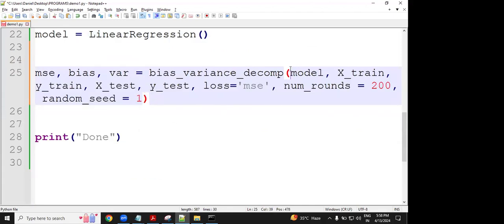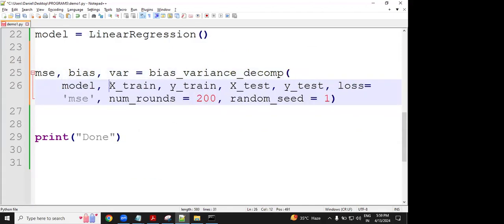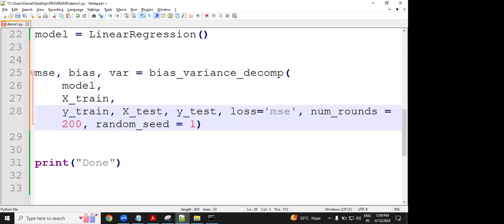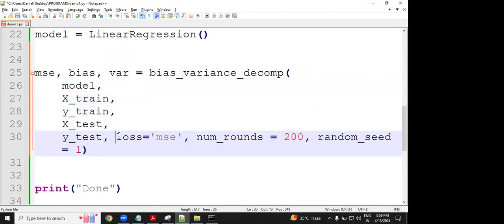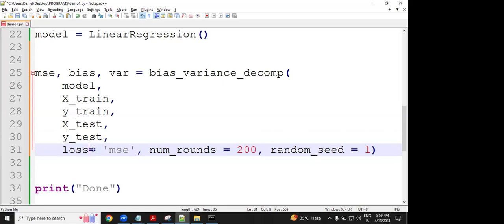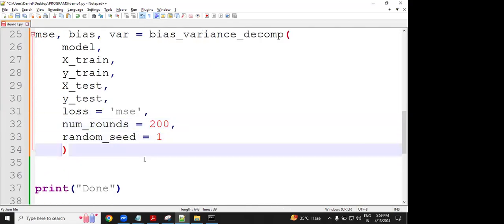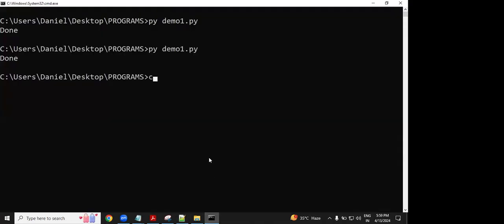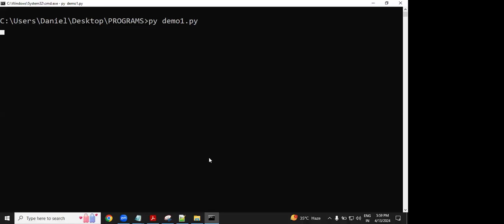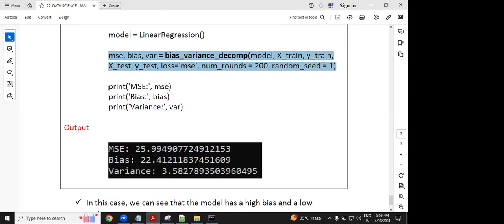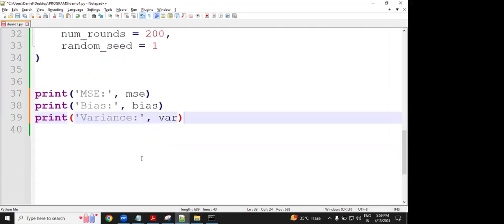First parameter is the model, and then x_train, y_train, x_test, y_test. Loss equals... Hello Daniel, can I provide MSE, MAE here? You can provide, sir. Lot of parameters we are providing. Let me run this. Good. Let me print all these values. You will understand. MSE value,